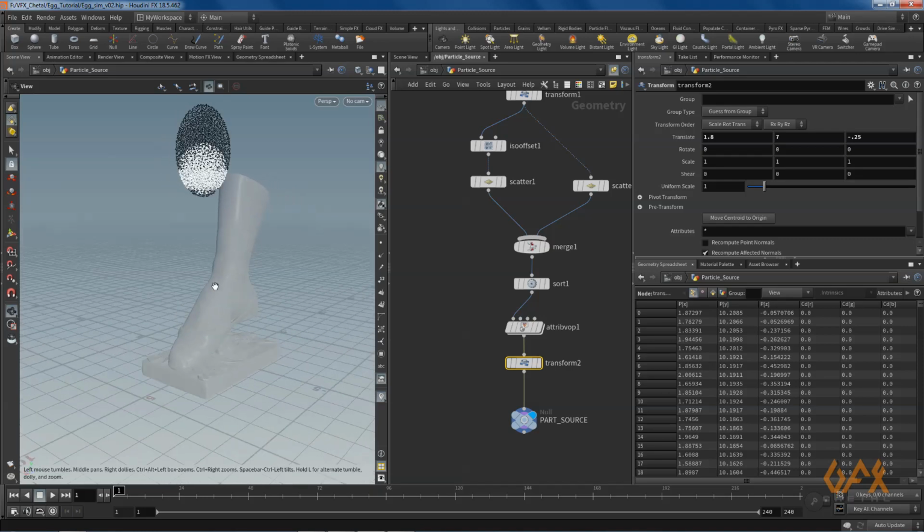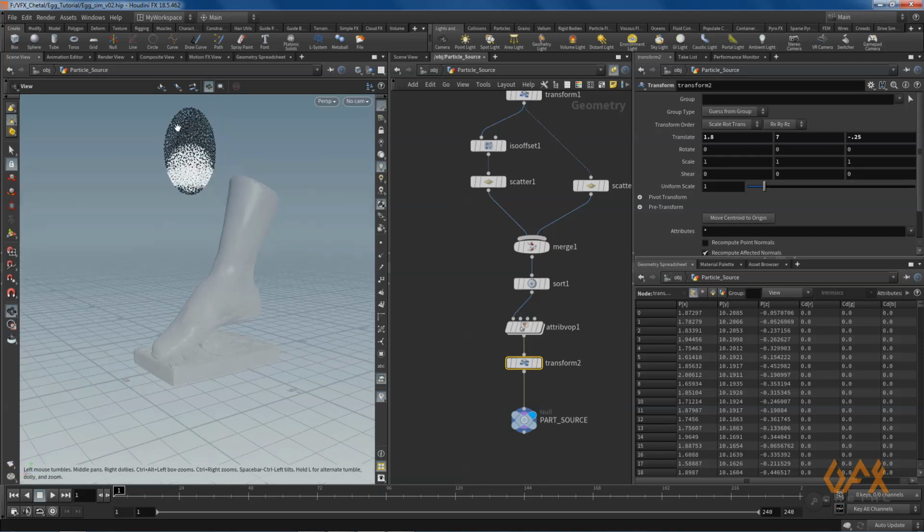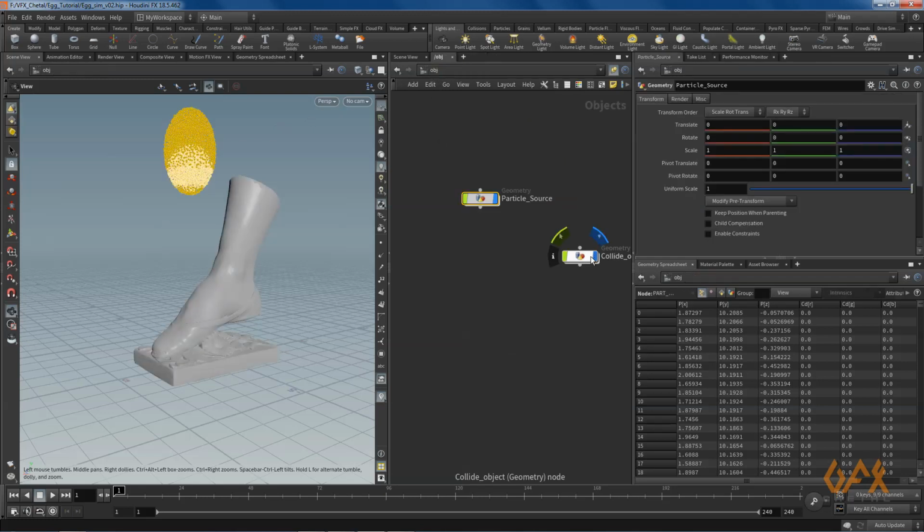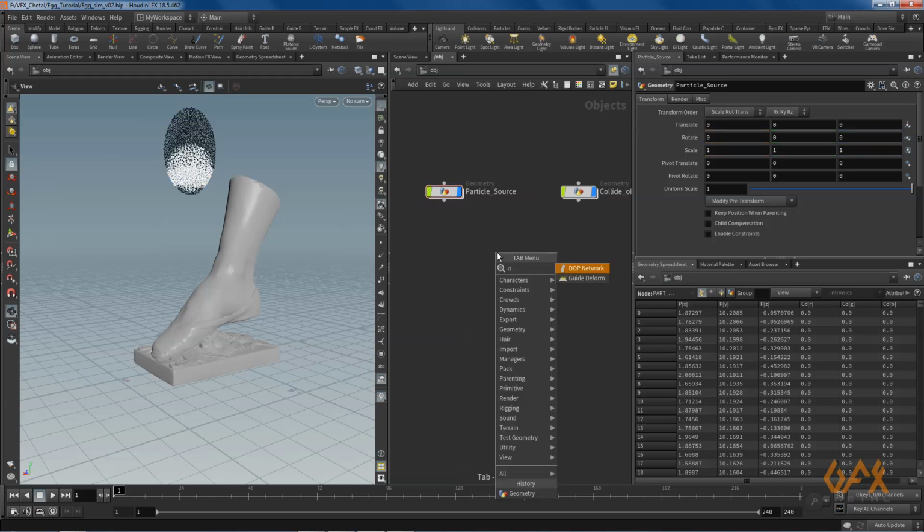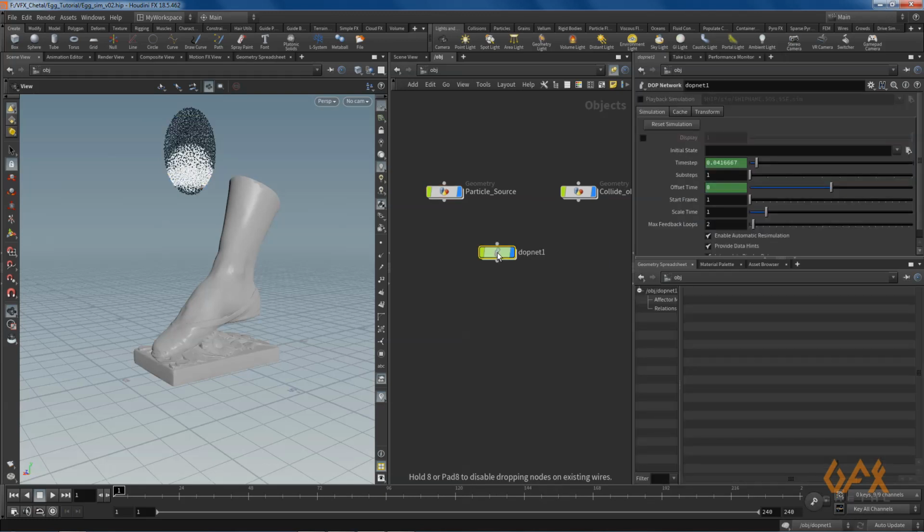So I set my particle system, I spawned that attribute of viscosity, that is very mandatory for this example. Now I again go to object, my main flow, and over here I create one DOP network for my fluid simulation.